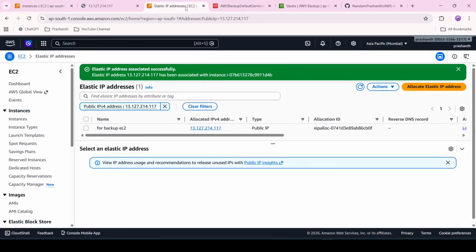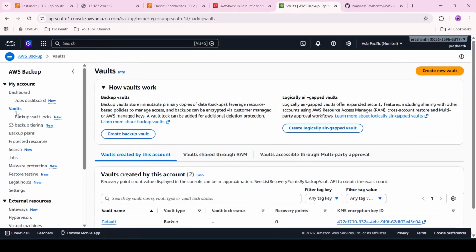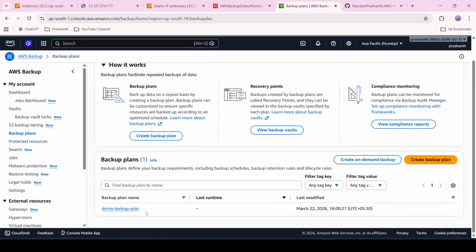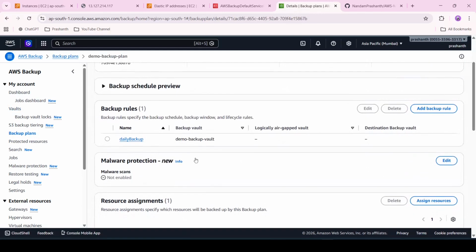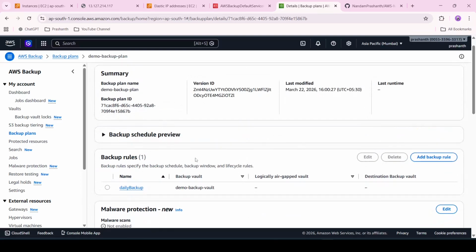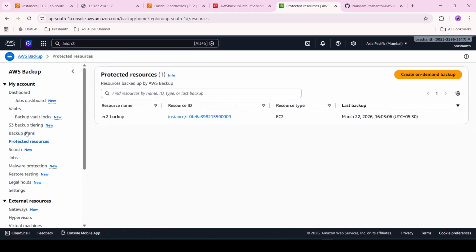First, in backup, we create a vault to store our data, and we create a backup plan. In the backup plan we mention how many days the data should be kept, and where the data should be stored. All the information can be stored here. And protect the resources. Instead of waiting for the backup plan to run, we created an on-demand backup, so